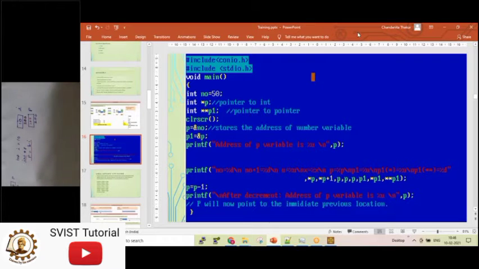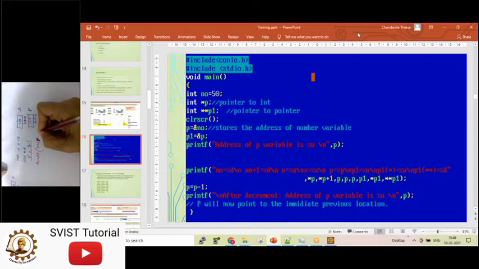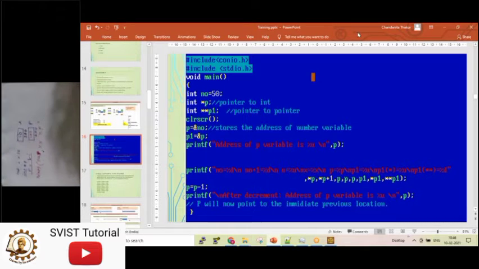Okay, now if I want to print what is p, p is a pointer. So p is holding an address, the content of p is an address, the address of the variable whose address I have assigned. That is different, but p itself is a pointer. Now p can be printed with the help of %u, with %x, and with %p. There are three ways to print a pointer. Pointer means address of some other variable.